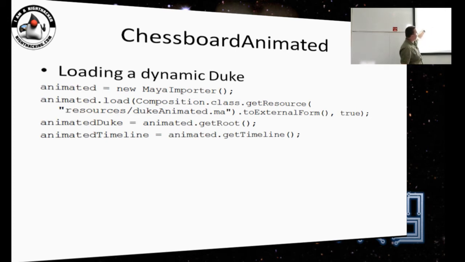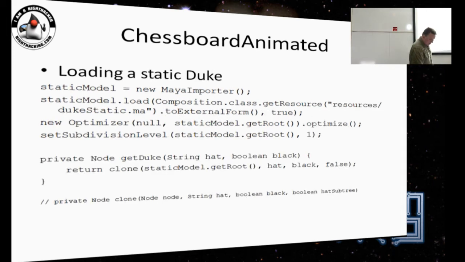We basically add a 3D viewer jar on the classpath, and then we can access the MayaImporter class. Then we can use it to load your Maya file. Here is the Maya file, and then we get the root for this, which is just a JavaFX node, and we get a timeline which holds the animation for this node, all created from the Maya file.